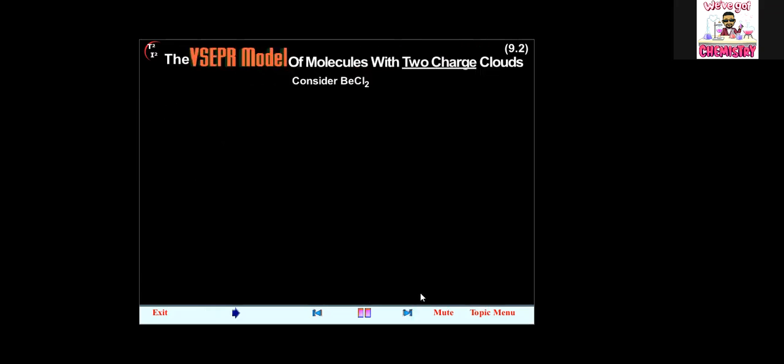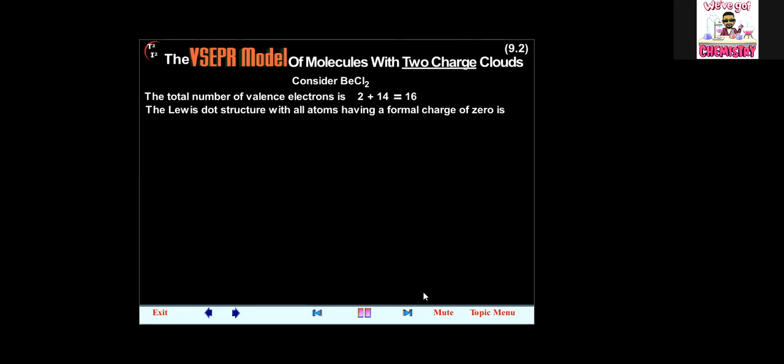Consider BeCl2. The total number of valence electrons is 2 plus 14 equals 16. The Lewis dot structure with all atoms having a formal charge of 0 is